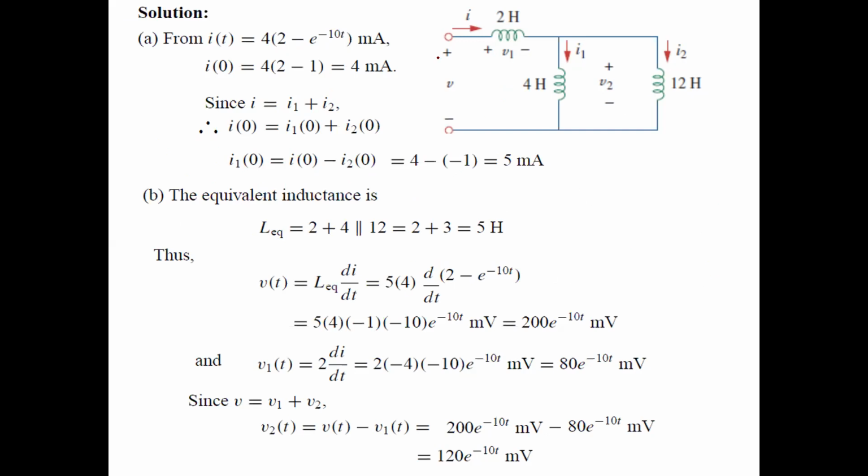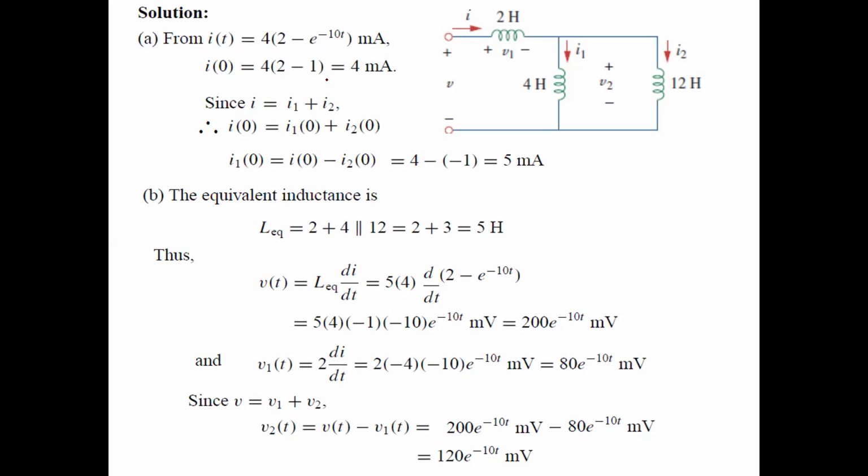Now we want to find the total voltage, which should be connected here. For this, we have to find the total inductance of this entire system. It's very easy. 4 and 12 in parallel, the result will be equal to 3, then in series. To find the total voltage, you have to use the inductance, and this should be multiplied by di by dt, where you have the total current. In place of L equivalent, we should put 5,